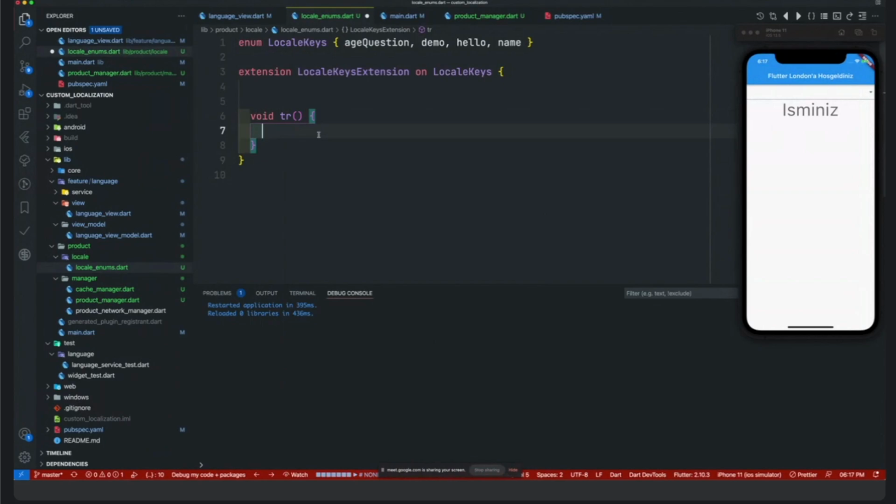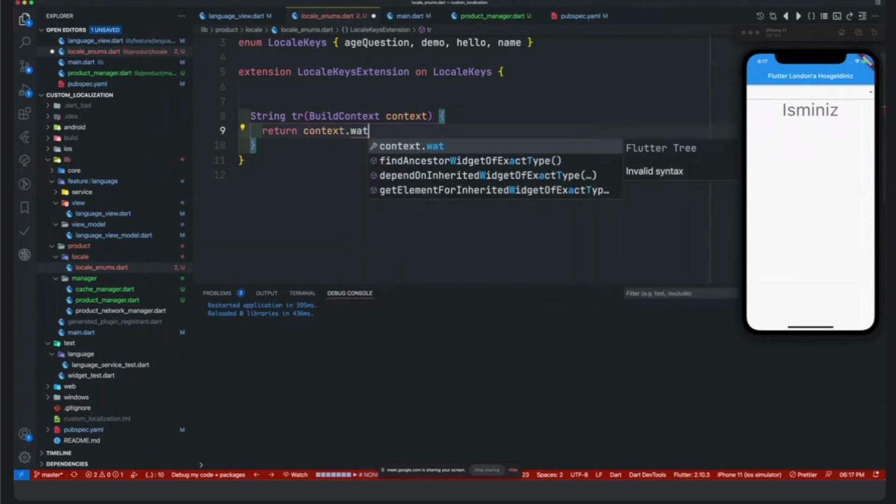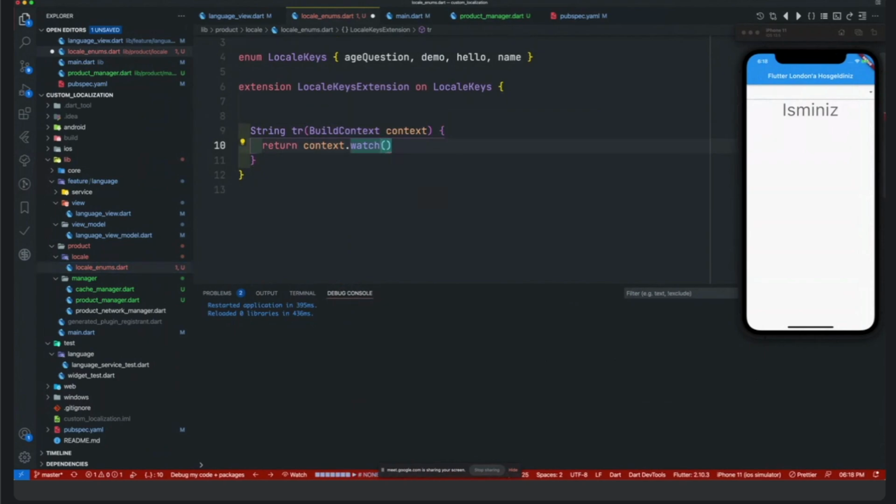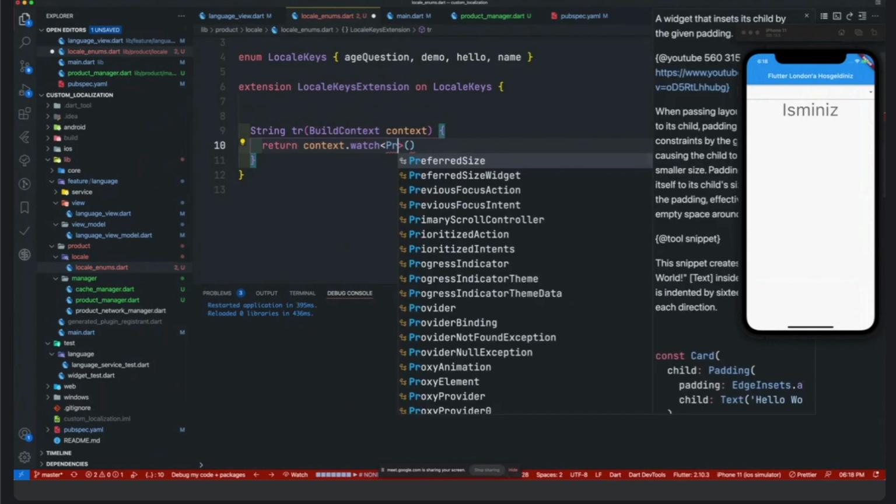I love this package. And I will return a string, and I need context because I will watch the localization changes, and I'm calling context.watch with import provider, and I'm going to add what we have, product manager,